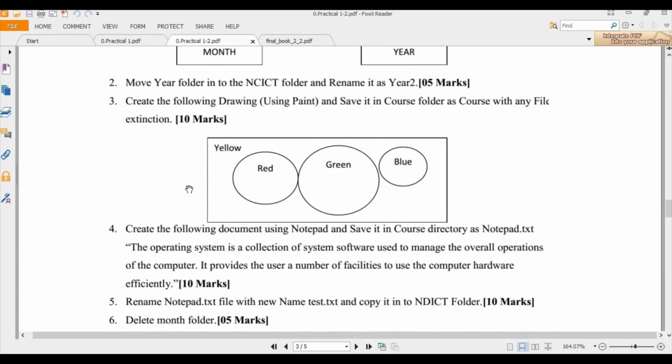Create the following document using Notepad and save it in the course directory as notepad.txt. So in this question, inside the course directory, we want to save notepad.txt containing these texts.